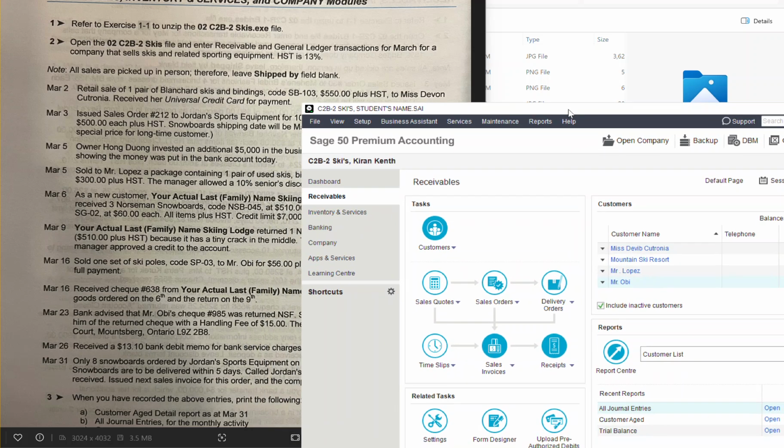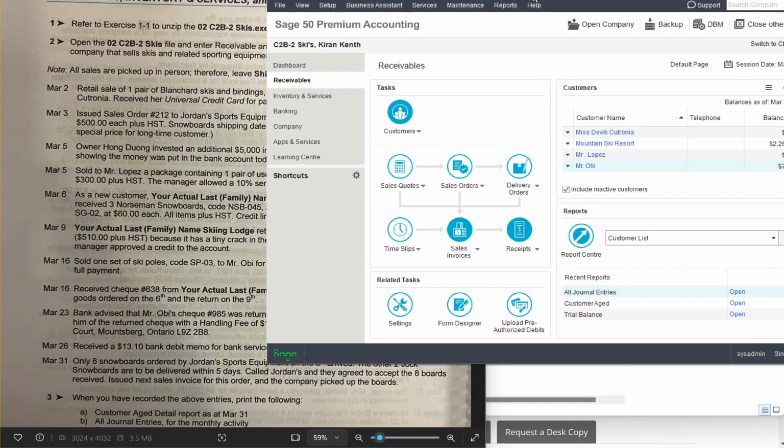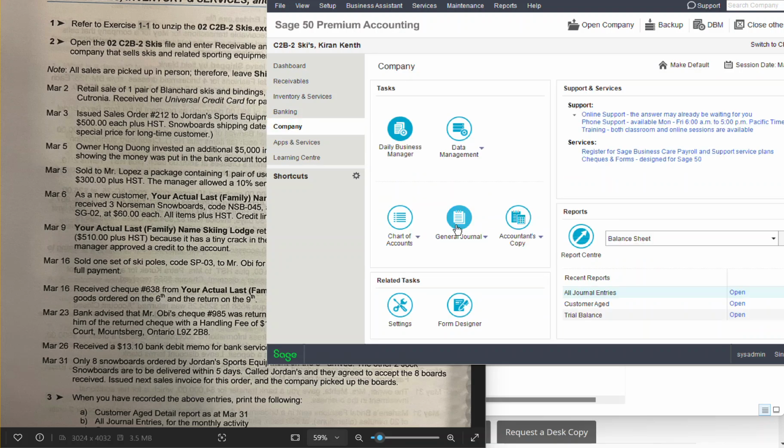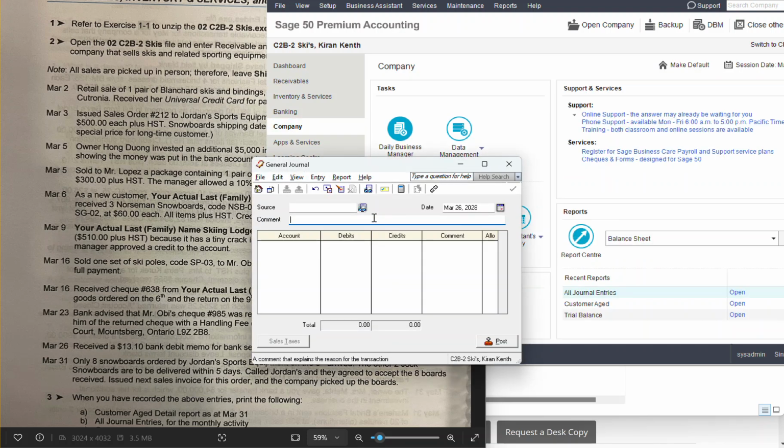So what we needed to do is a transaction. This transaction is done in General Journal. I go to the company, I double click on General Journal, and it will be bank memo, in this case bank debit memo, on the 26th. The comment will be your bank service charge,